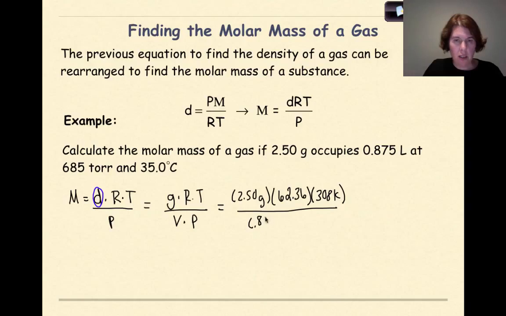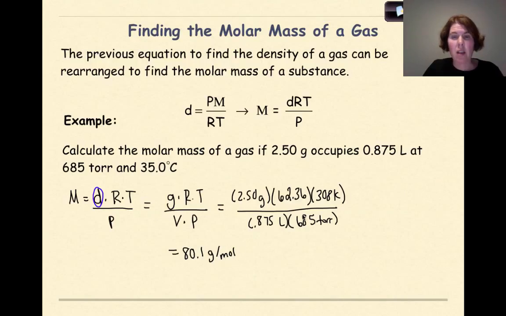So that's 0.875 liters. And then multiply that finally times the pressure, which is given to us yet again in torr, which is 685 torr. Okay, lovely, torr. I'll label that one. Why not? So if I work this out, I'm going to get 80.1 grams per mole, which is what we know as